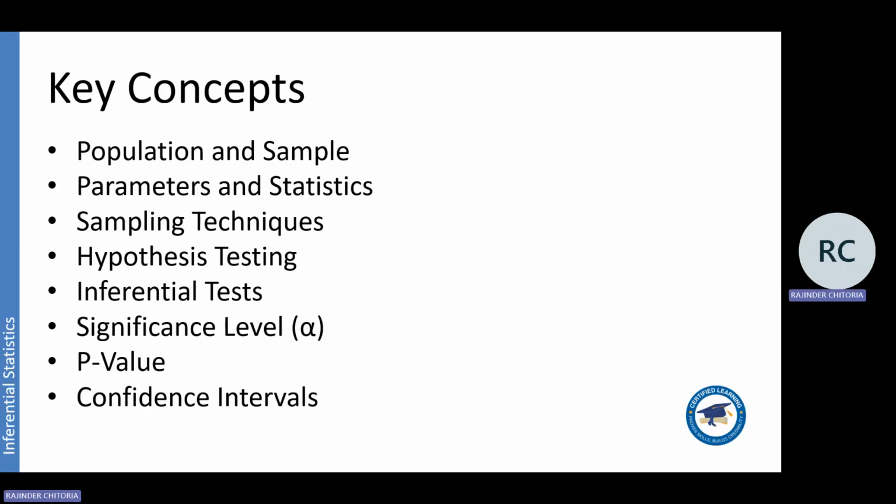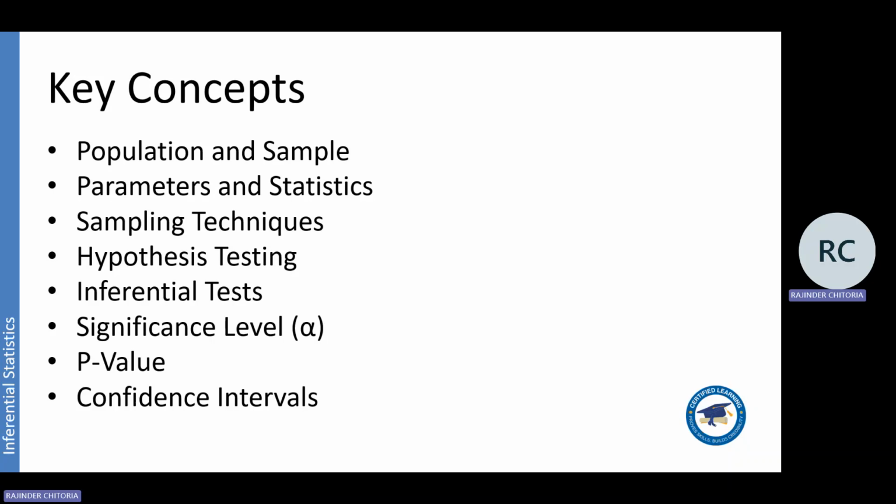We'll see in detail. Confidence level is a threshold value which includes negative and positive threshold points; if our data is within them, we say that our null hypothesis is true, and if the data goes beyond the given interval, we say our alternate hypothesis is true. So population and sample, parameter and statistic, sampling techniques, hypothesis testing, inferential tests, significance level, p-value, and confidence levels are the things we will be including in the